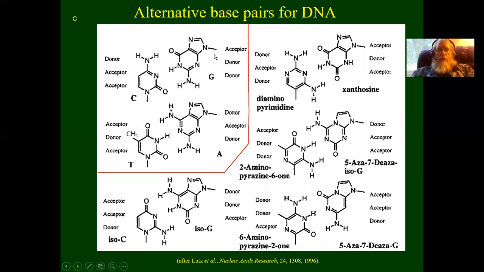So up here in the left corner, we see the 4 bases paired off with C and G and with A and T, the way DNA does it. But then here are some other pairs of bases that also would work. And some of these have names that only a biochemist could love, which we don't worry about what they're called. But anyway, as an example of some interesting experimental biochemistry,